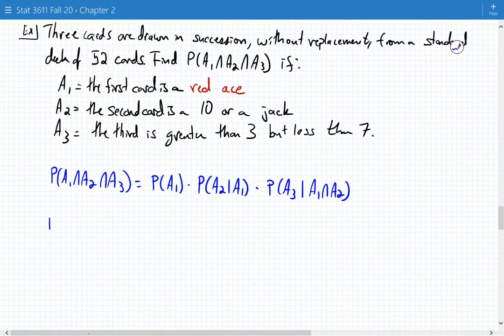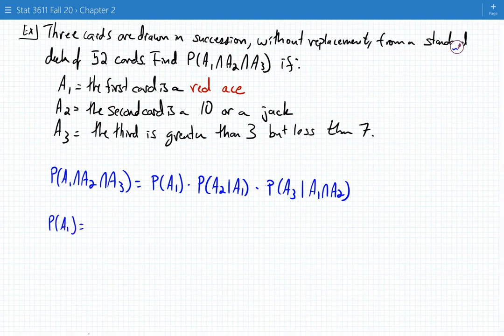So let's see here. What's the probability of A1? First card is a red ace. There are 2 aces that are red out of 52 cards in the deck. 2 out of 52. Now,